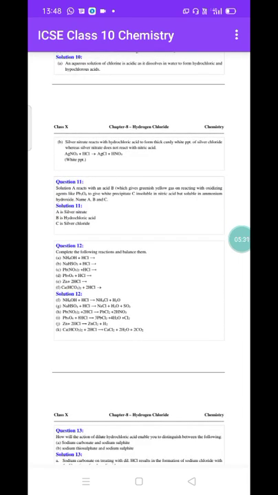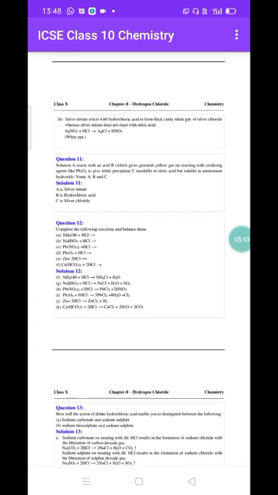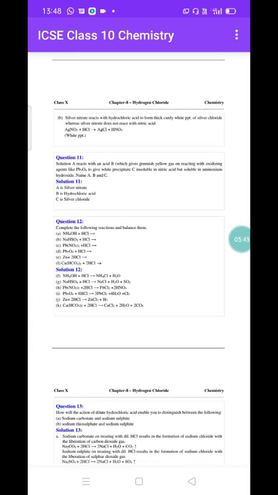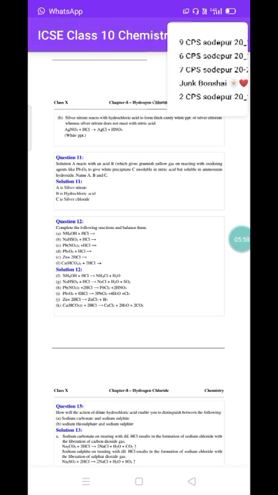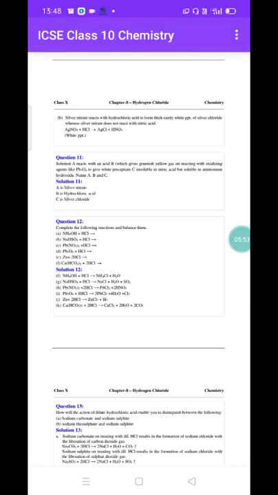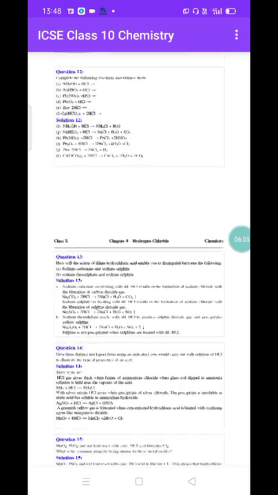Now, solution A and B react with it. On an oxidizing agent, Pb3O4, it gives a white precipitate C. Can you tell me that the precipitate C that is formed is insoluble in nitric acid, but soluble in ammonium hydroxide? So what will it be? A will be silver nitrate, forming B, which is HCl, reacting to form silver chloride, C.